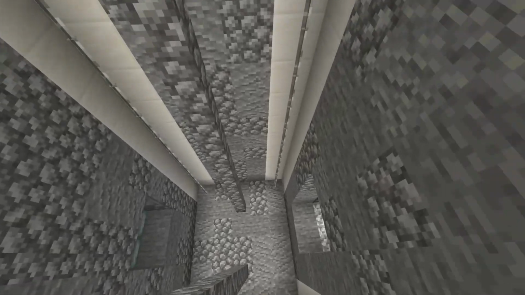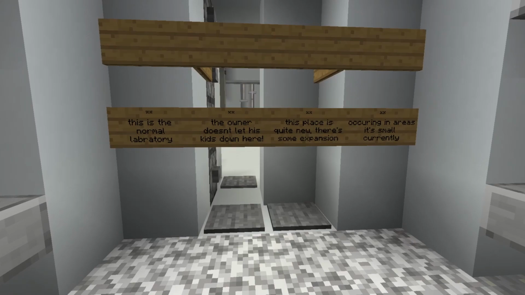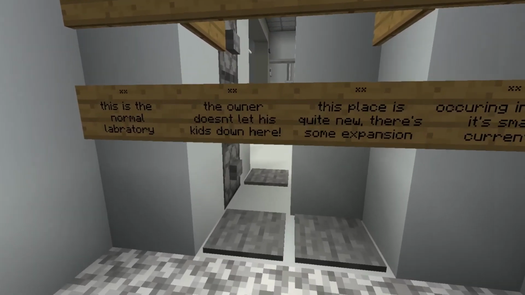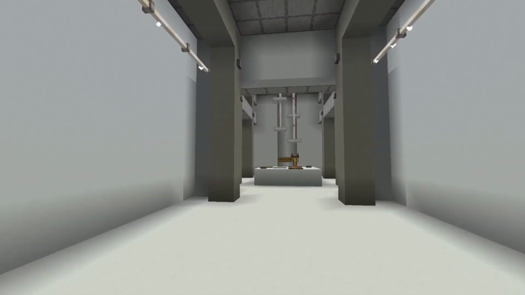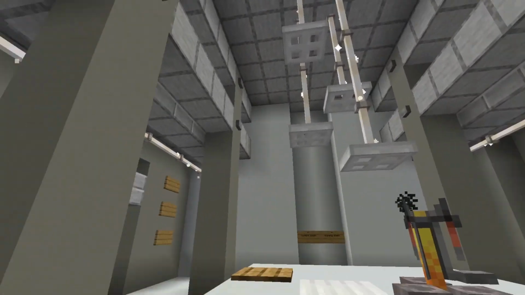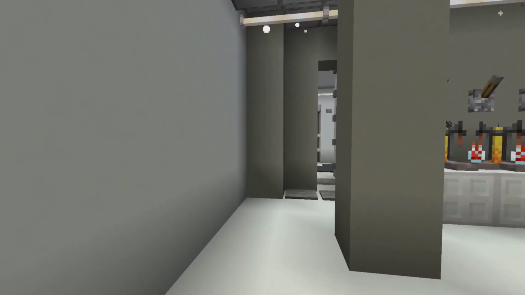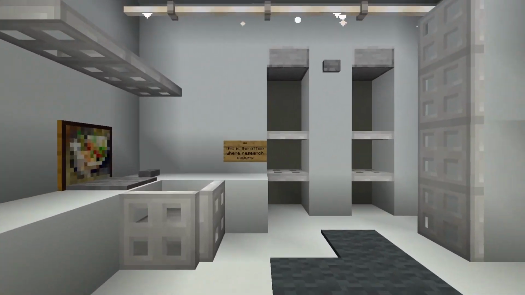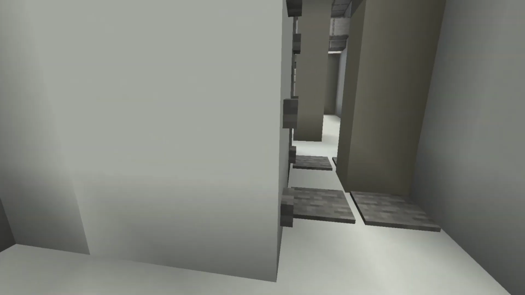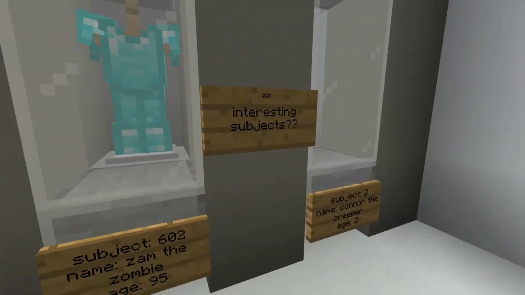Let's have a look down what I think must be the last floor. What's this? This is the normal laboratory. The owner doesn't let his kids down here. This place is quite new. There's some expansion occurring in areas. Okay. Empty. Yes, very empty. More good use of the end rods for lighting. Obviously, as it's an underground bunker, we have no natural light, and so some modern lighting needed. I love the water fountain there. Nice touch. One more little thing here. What's this? This looks like...